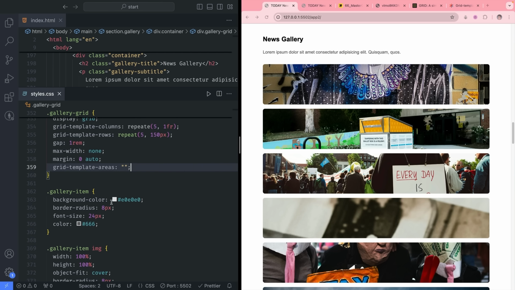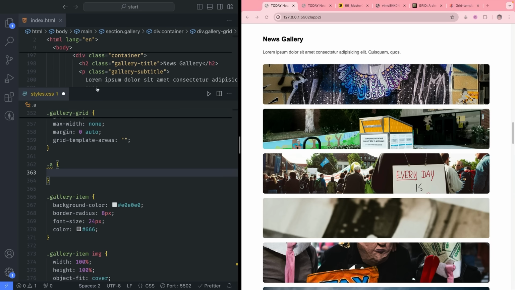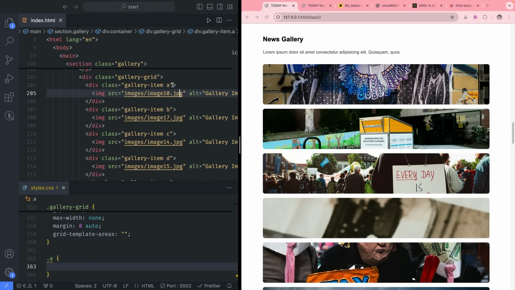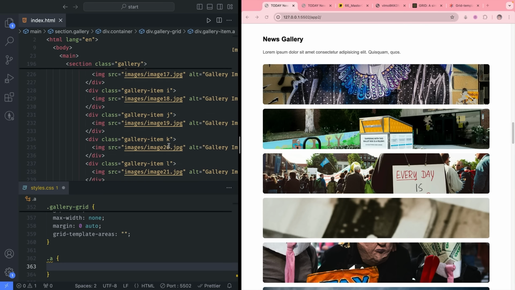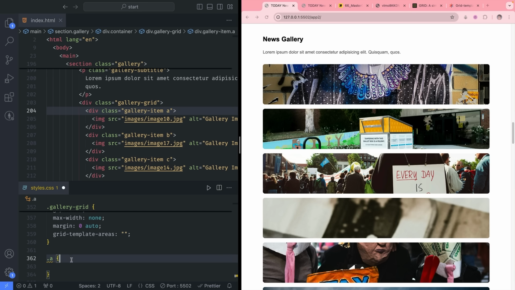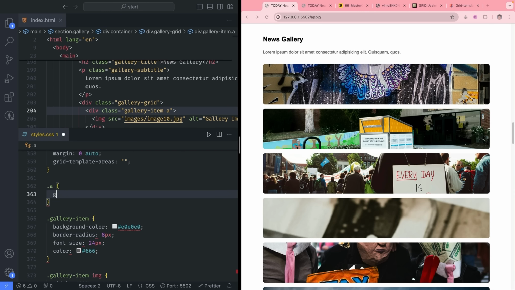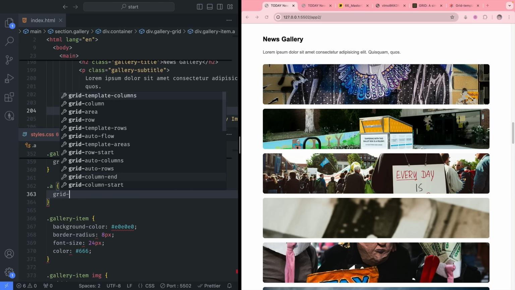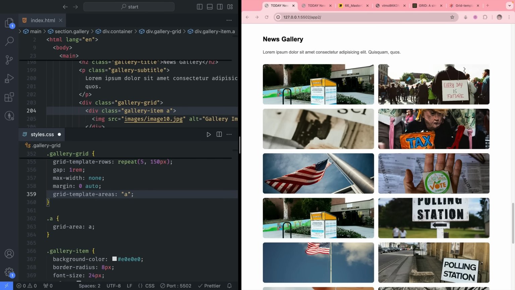So the first order of business, I'm going to put .a, and this class is something I specified for each. I put a very short letter for these classes because it makes it easy. You can have it longer, you just have to type more, but I put in alphabetical order for every single one of these items. And that's what we're going to be using for identifying each item in the class. So the first one, we are going to do grid-area: A. So with that, let's say I put inside here A